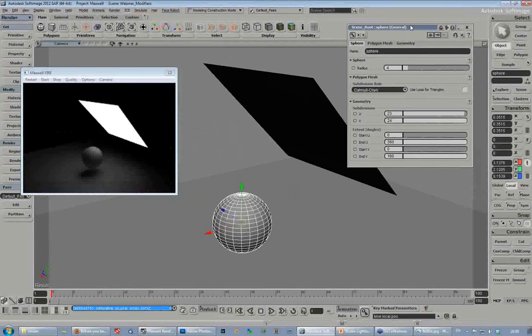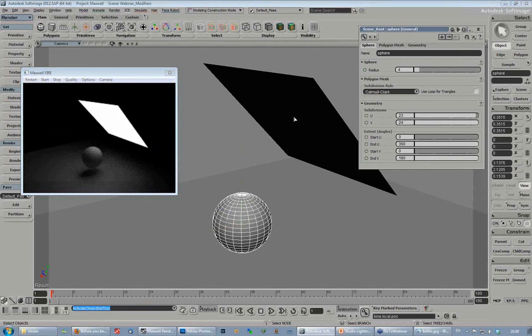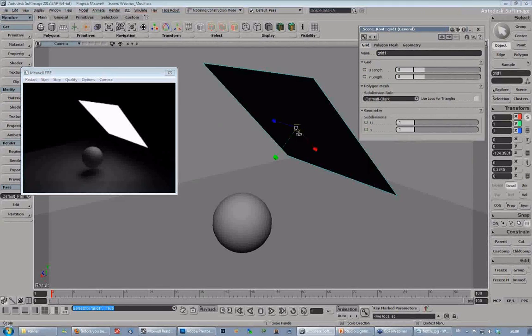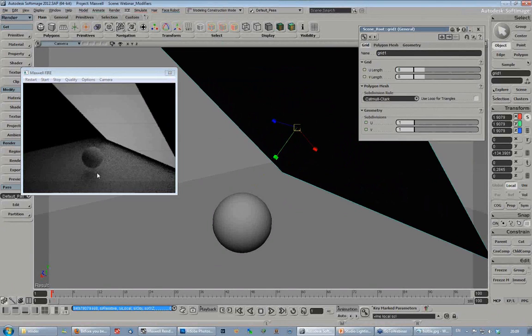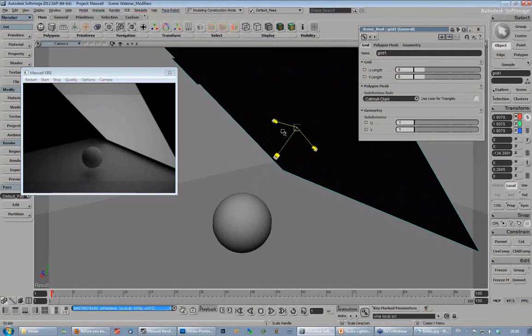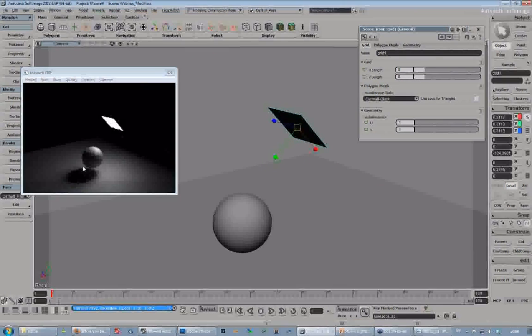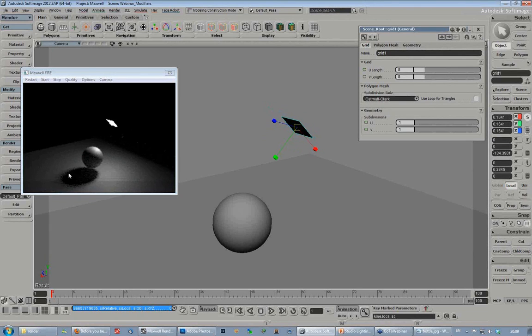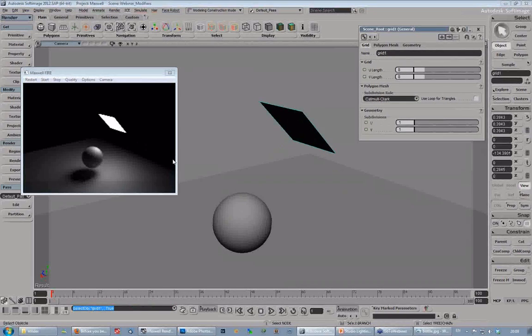Okay, it's going to get a bit more interesting, I'll just try and work as quickly as I can. And you can see that if I make this emitter bigger, I'm going to have softer shadows, and if I make it small, okay, the shadows are going to get a lot sharper. Okay, so the shadow softness depends entirely on how big the light source is compared to your object. Okay, so that's a softbox, and next I'll show you